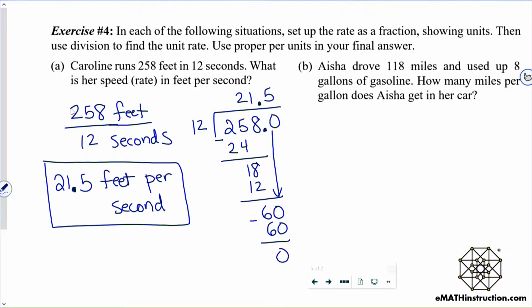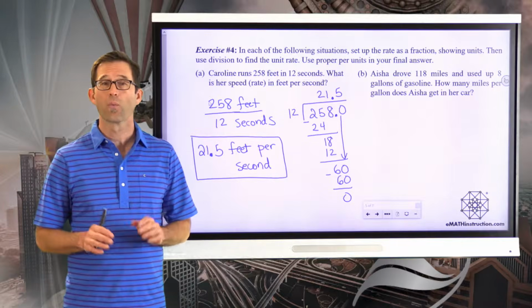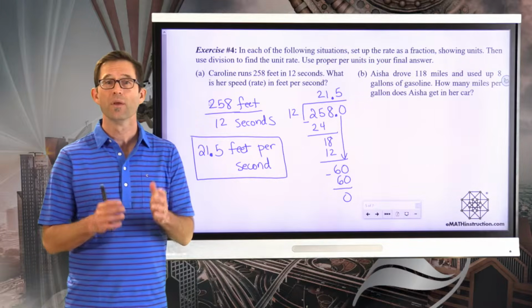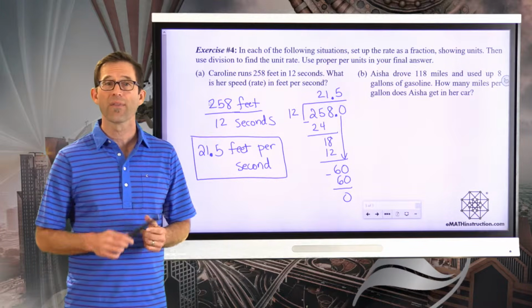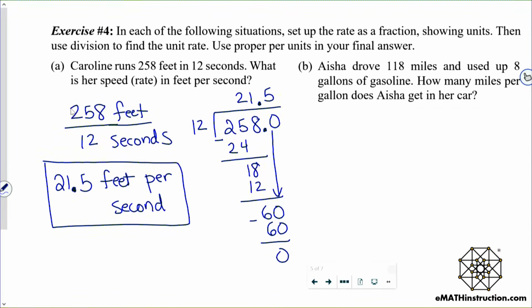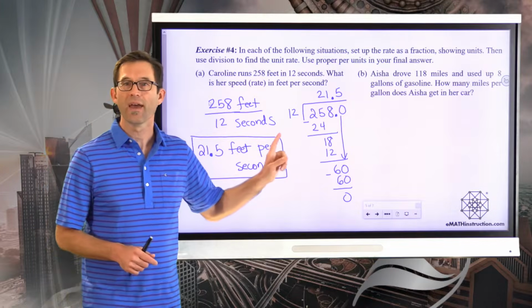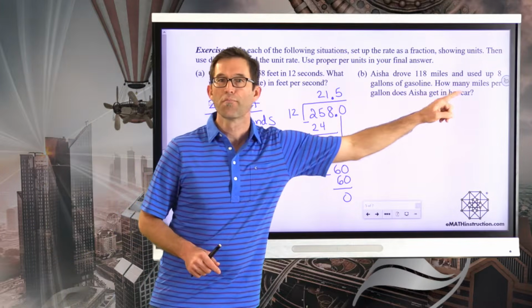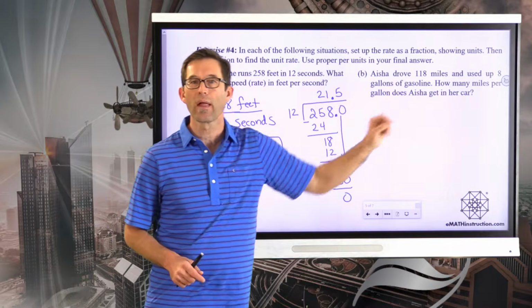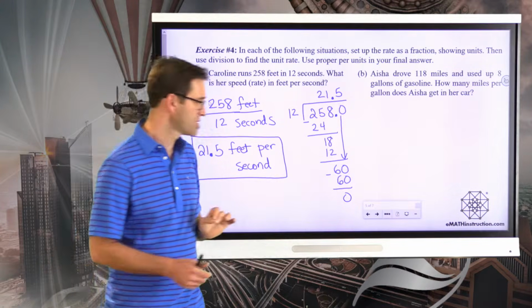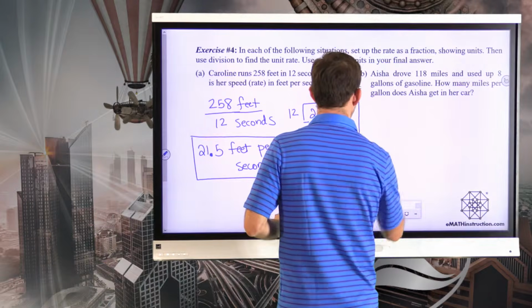All right. Now again, I'd like you to pause the video and work on this a little bit. Pay attention to which way the ratio should be set up, do the division, and find out that unit rate. Okay, let's do it. Again, how many miles per gallon? Miles per gallon means that we should have the miles divided by the gallons. So we're looking for